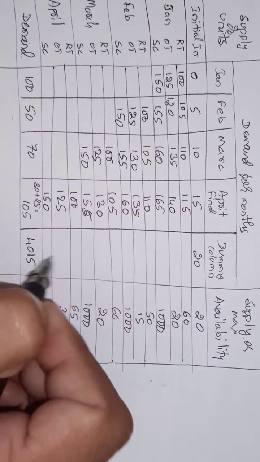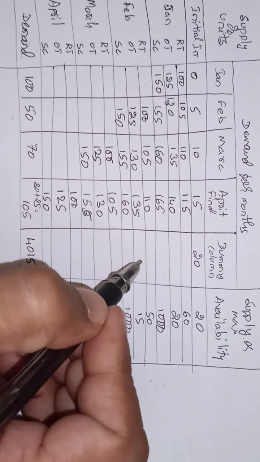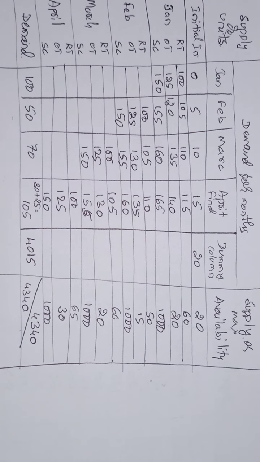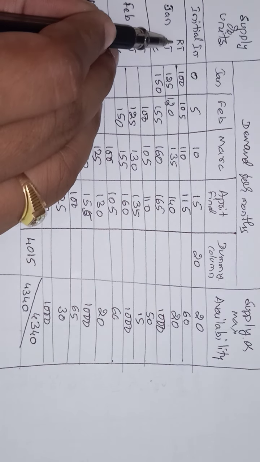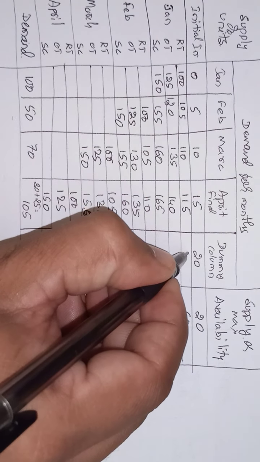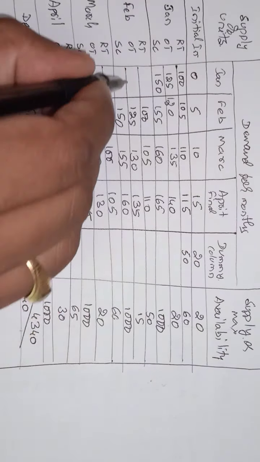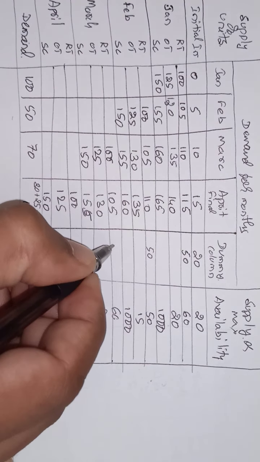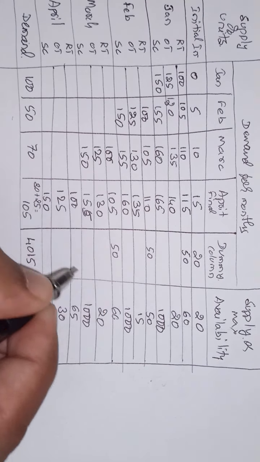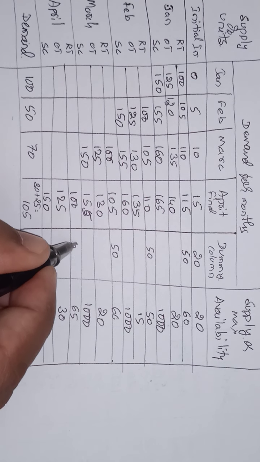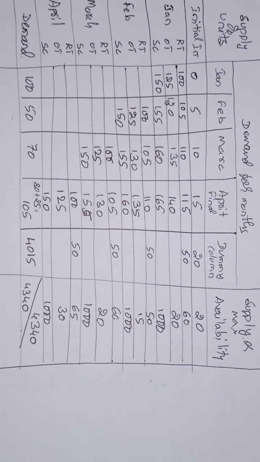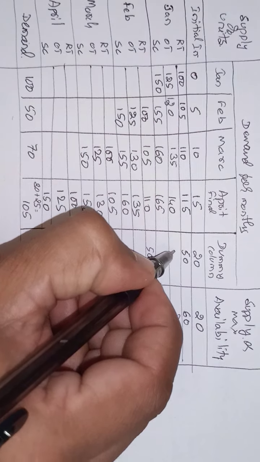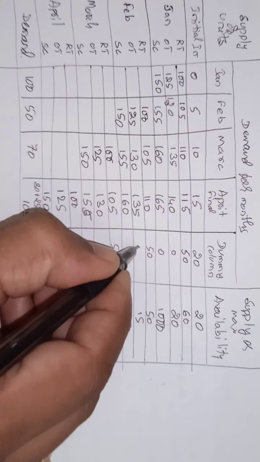So here, why are we adding the dummy? To make them equal. Here, unused means there is no need of the workers. Wherever we have written the RT cost, in that case you should write the 50, right? 50 in 4 months also there is no use of that regular time cost labor, so the remaining are 0.